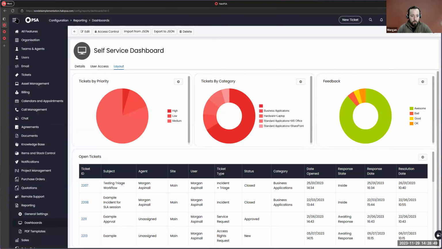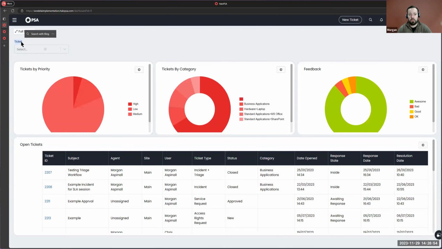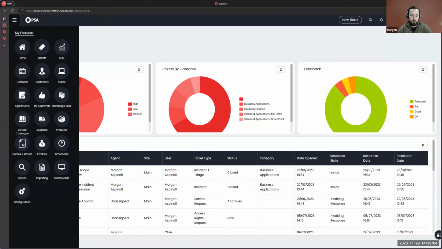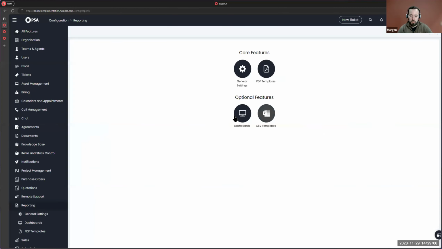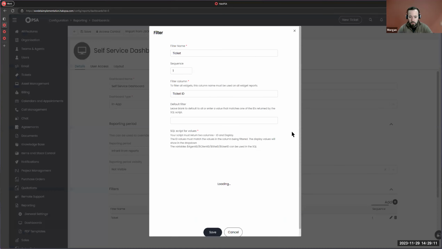Now, when I view my dashboard, if we just go in here and we go to self-service dashboard, we've got this drop down that we can apply our filter to. Now, I've done something wrong, because that should have loaded. So let's see what I did wrong. Where's my typo? Select fault ID symptom from